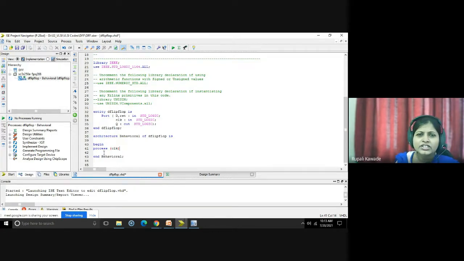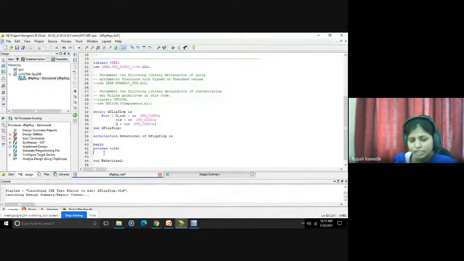Here, if D changes, it will not be useful because we are writing a synchronous reset code. So I will simply write only one signal in the sensitivity list. If it changes, from 0 to 1 or 1 to 0, the process will start execution. If we have designed it for positive edge triggering, then you simply have to detect that positive edge. If you have designed it for negative edge triggering, then you simply have to check whether there is a negative edge present or not.